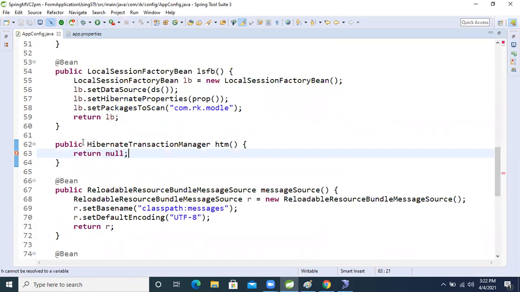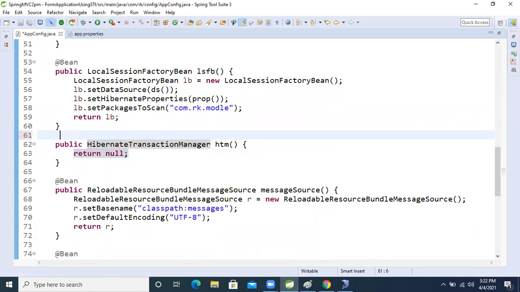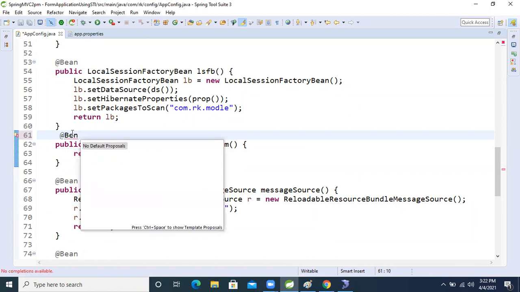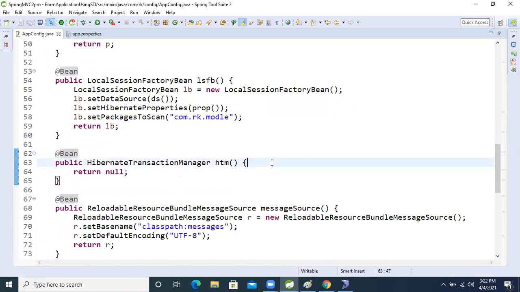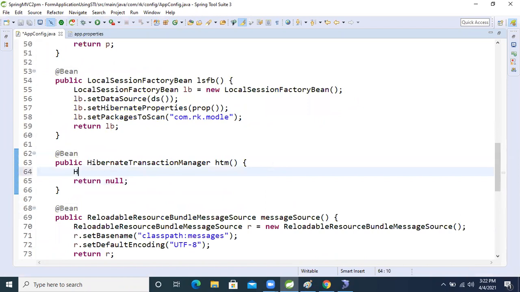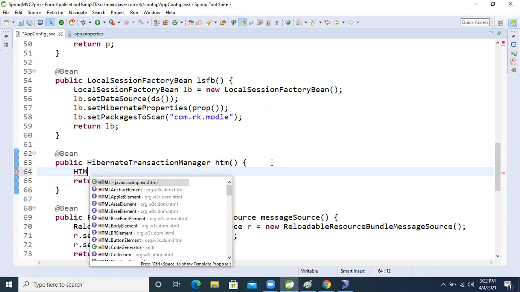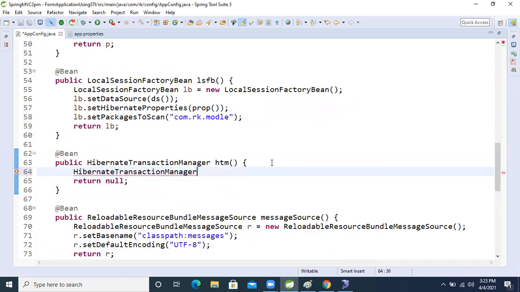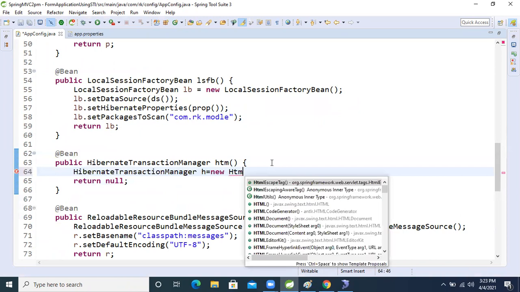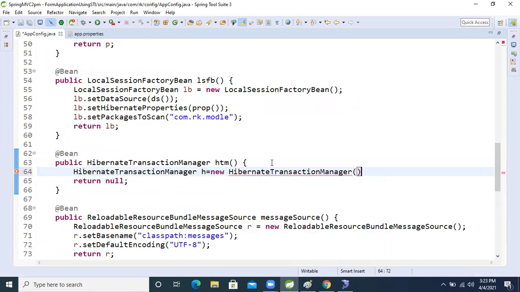If we want to make this a bean, which annotation? The Bean annotation, applied on top. Then HibernateTransactionManager h equal to new HibernateTransactionManager.